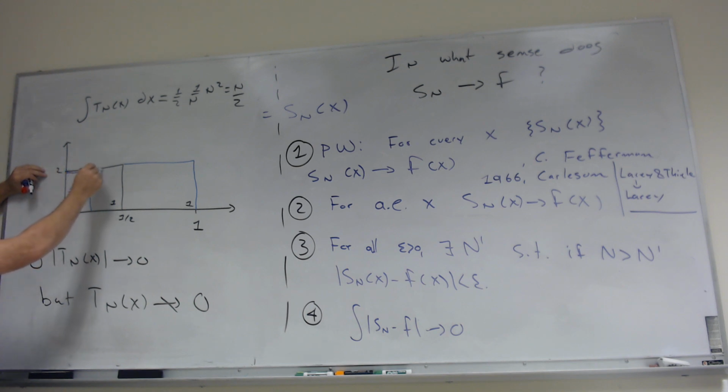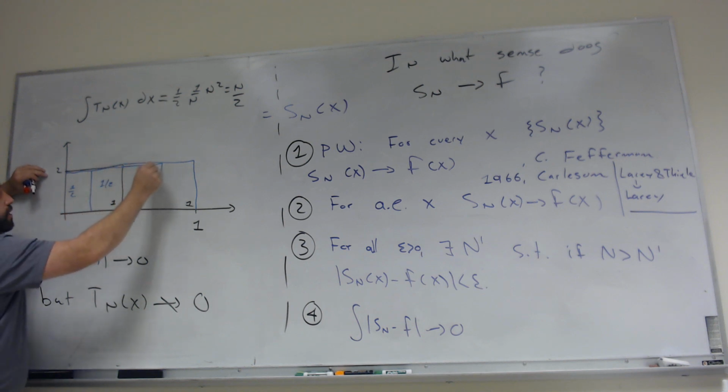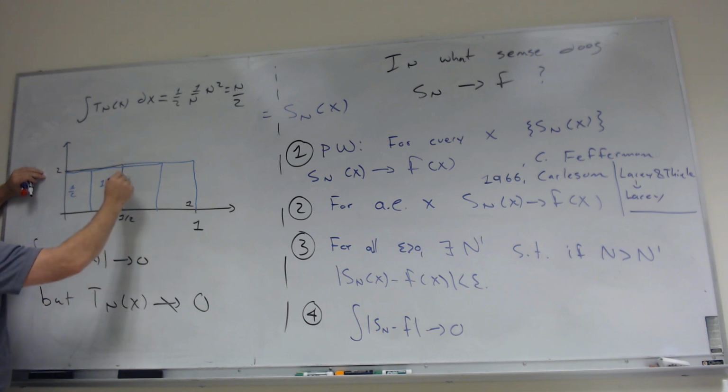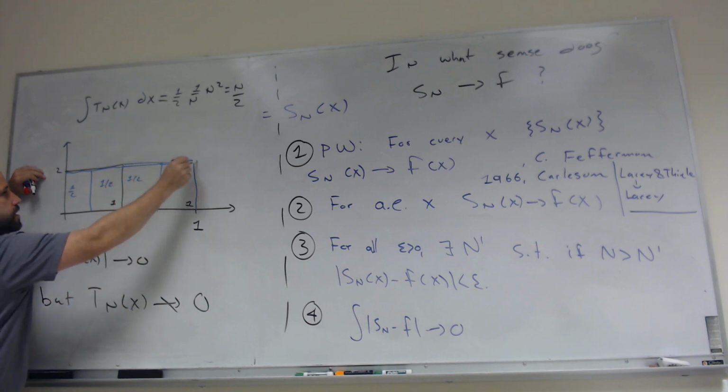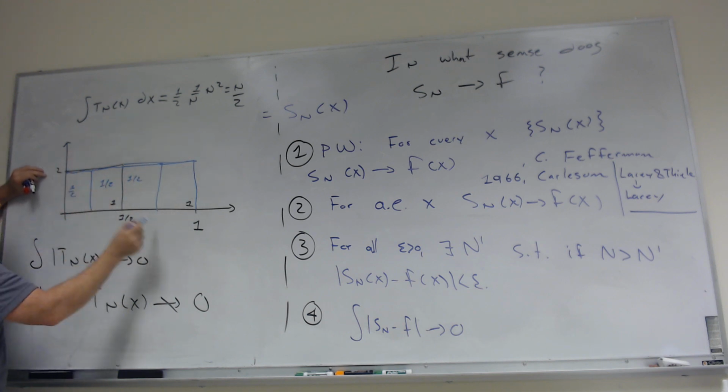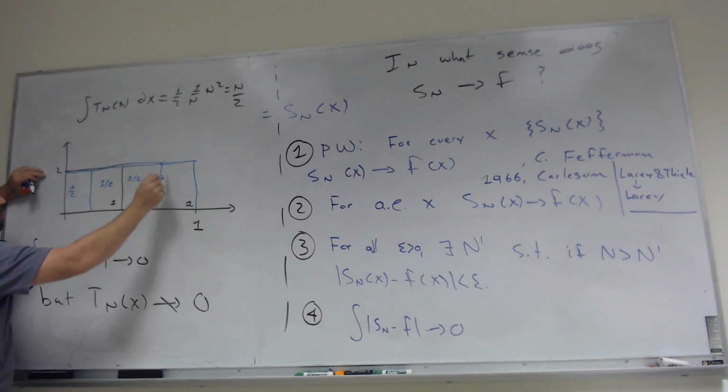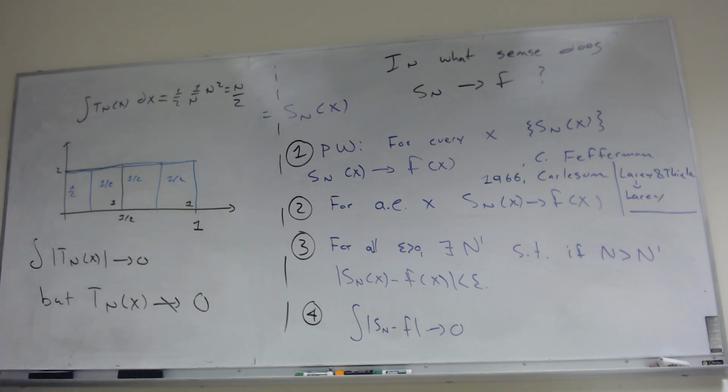Okay, and then the next function is going to be like this. So the area here is 1/2. The next function is going to be from 1/2 to 3/4. The area is 1/2, and the next function is going to be height 2 still, but the base going from 3/4 to 1, and that area will be 1/2. Okay, so I've now got the first 6 terms of the sequence.